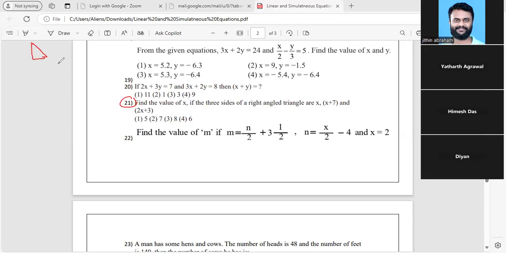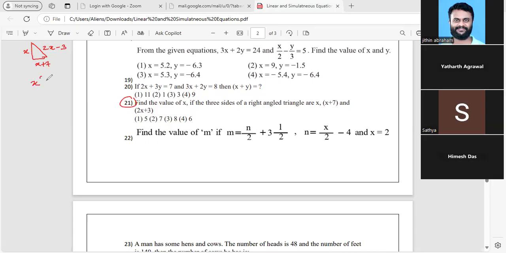Yes, the Pythagorean theorem. Basically, the square of the other two sides equals the square of the hypotenuse. So this one is x and this one is x plus 7. I'm writing based on the sequence they have given. One is x, the other one is x plus 7, and the third one will be the hypotenuse. So the third one is 2x minus 3. In this case, the Pythagorean theorem says that the first side square plus the second side square